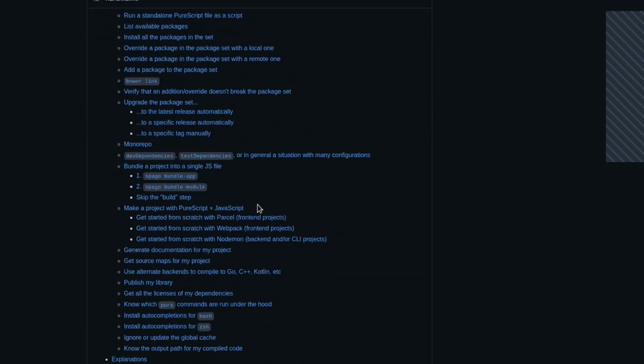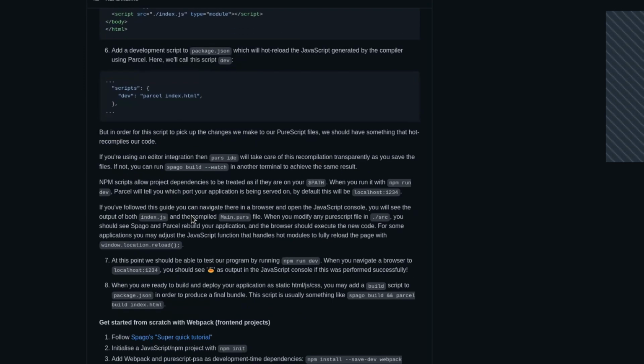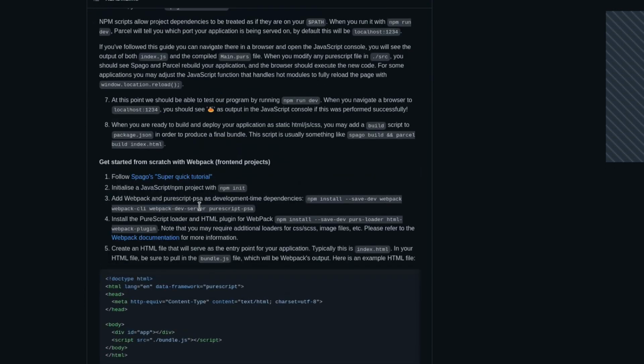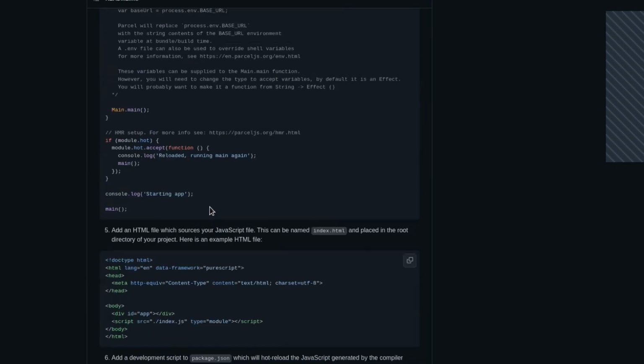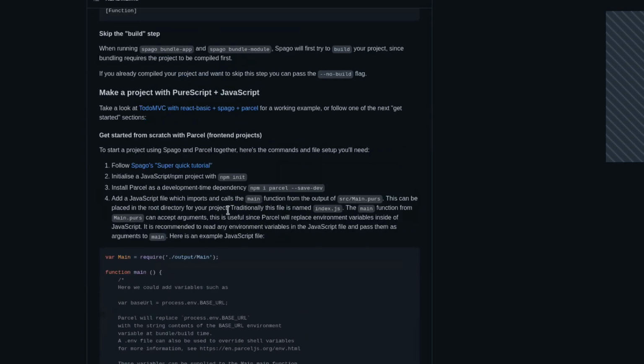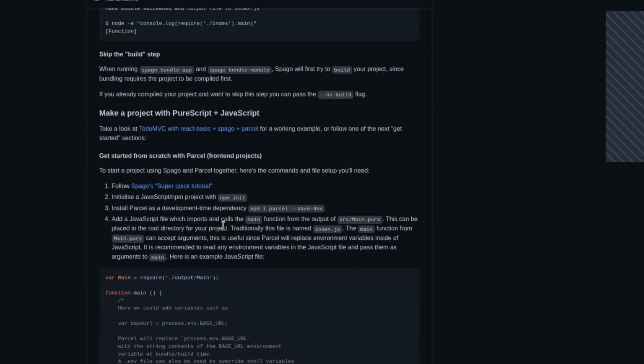So: make a project with PureScript and JavaScript. Here's what we want. And I would really recommend Parcel. There are also some settings for Webpack, but Webpack is a much, much more complex build tool. Parcel will definitely get you up and going, and it is just fine even for some large projects.